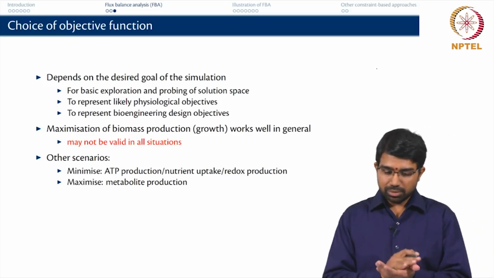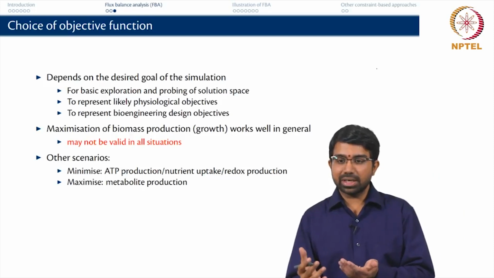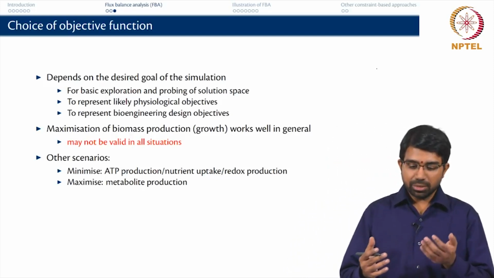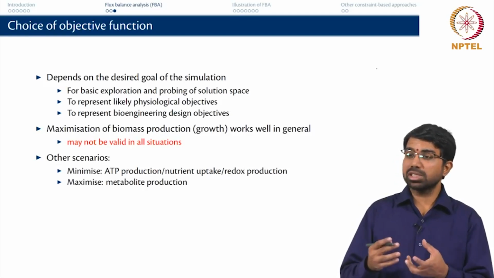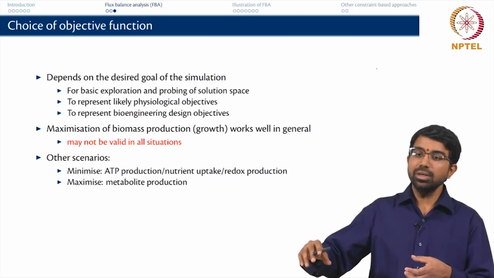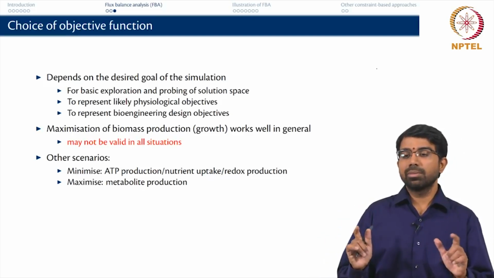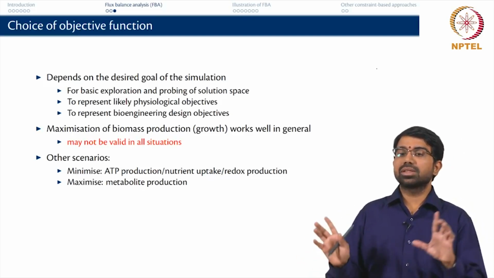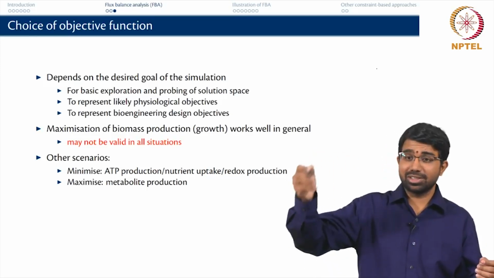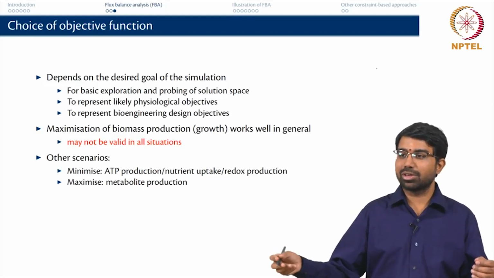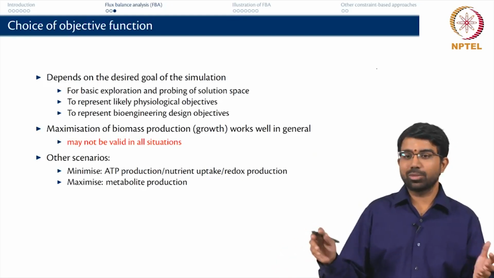But when you do the same thing for say lycopene or some secondary metabolite, it turns out that the solution that you get may be one possibility that will give you maximal lycopene, and the one useful part is whatever max lycopene you get is the theoretical maximum. If you know that your current biotechnological process is already producing 90% of that or 95% of that, you may not want to worry about it,